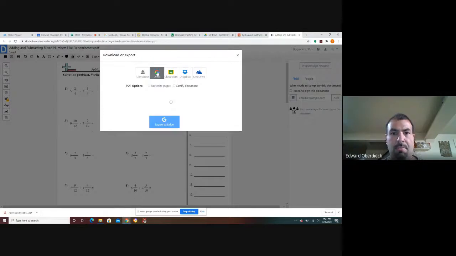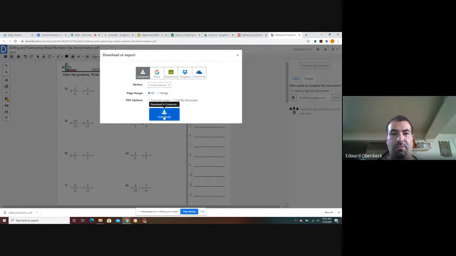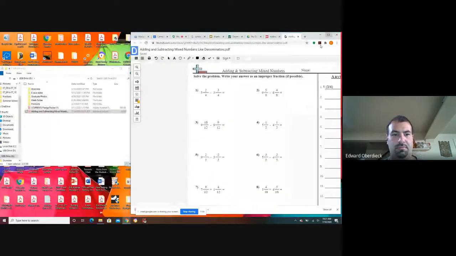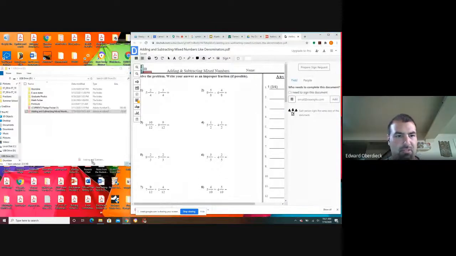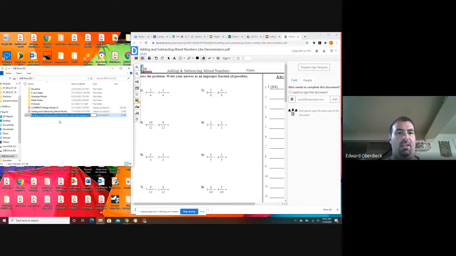You could also upload it to Google Drive, and you want to make sure you have update existing with revision right here. So what I'm going to do is demonstrate it to the computer, and notice right here that it actually downloaded it to the computer. So what I'll have to do is minimize that and then drag the file to the screen, and then I can rename it if I wanted to, just by right-clicking and clicking rename, and then just type what I want,